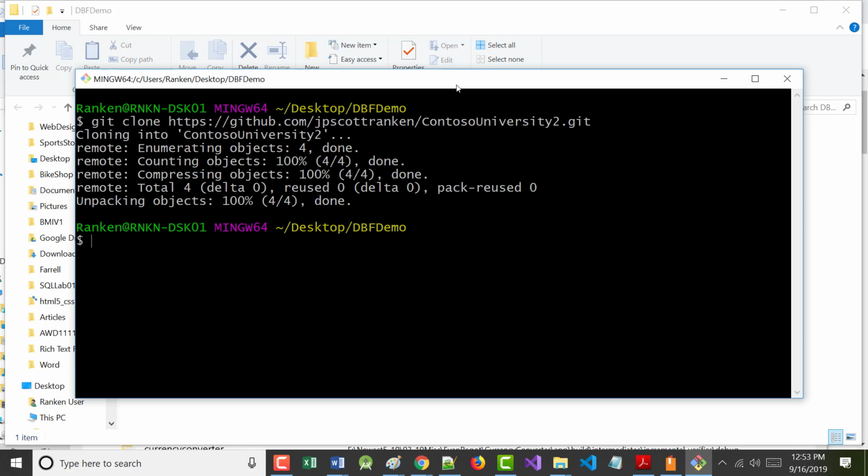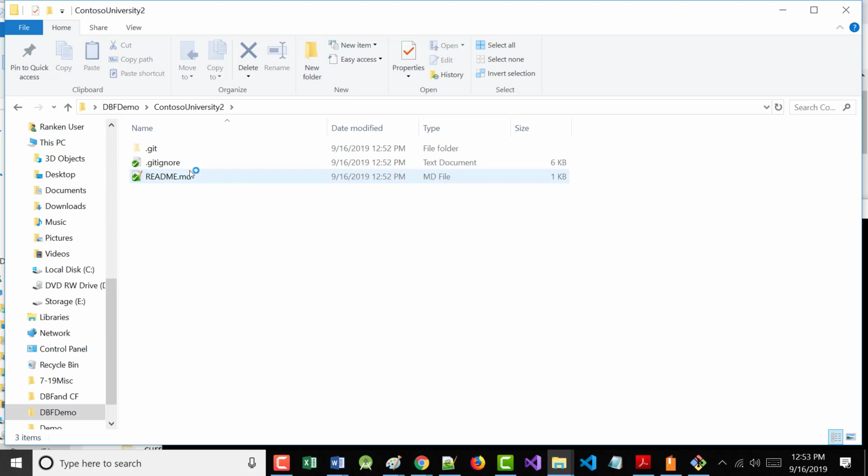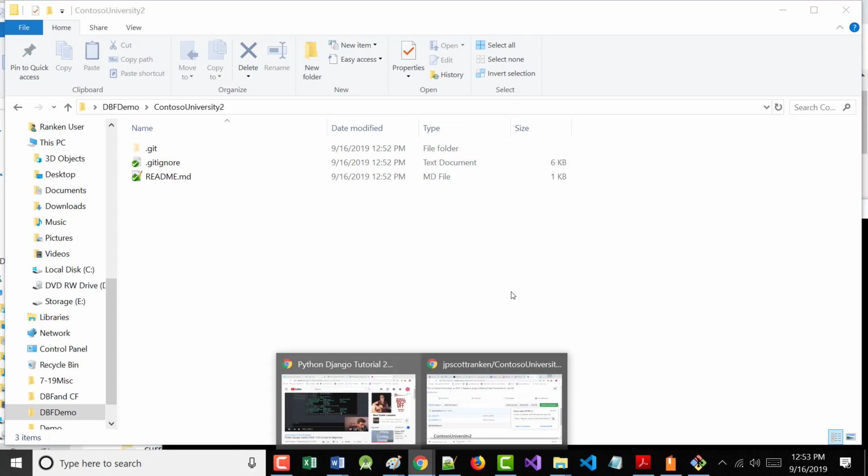Now, look on the screen if you would, please. Look what's there. Look what's not there. You're like, yeah, there's your ContosoUniversity. Look what it did. It put everything inside of that folder. It did that because we used the same name for the folder as we did for our Git project. I don't have all of them. I don't have the little folder. If you don't have this thing that says .git, what that means is, and we can figure it out, but what you'll have to do, we can do it. Let's just do it.